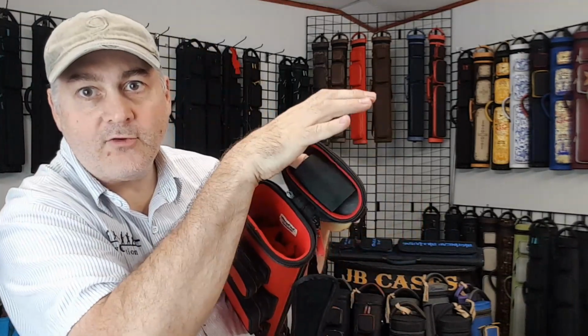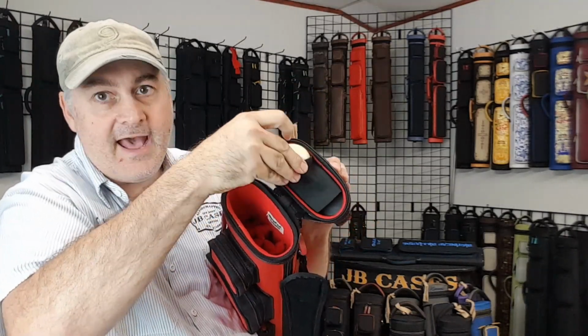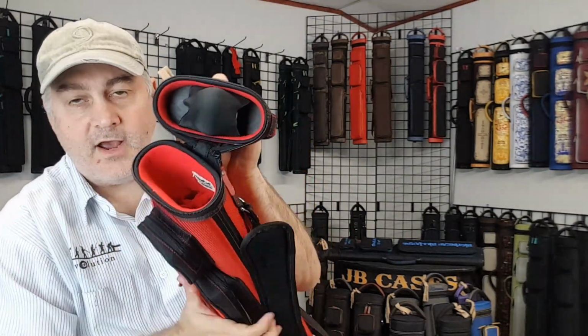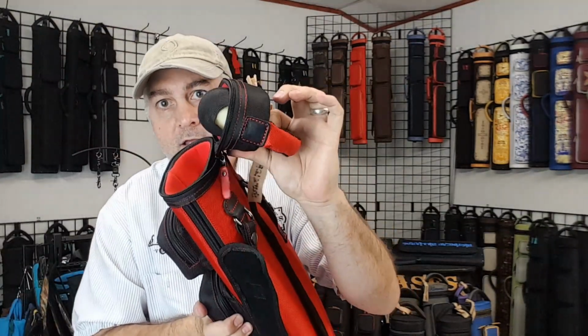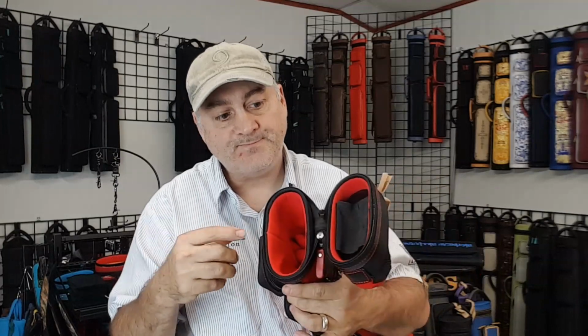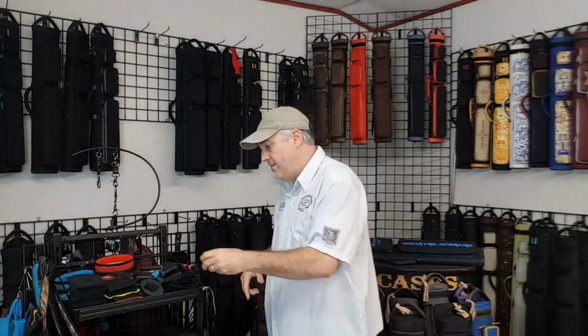Now you've got a little pouch right here, and you can take your cue ball and stick it right in there like that. And there you go. We achieved the same goal of holding the cue ball, and you don't need to purchase the custom foam cut, laser cut, leather cue ball holder. This is also a little bit more versatile if you do this, because you can also hold different things in here. For example, I use mine